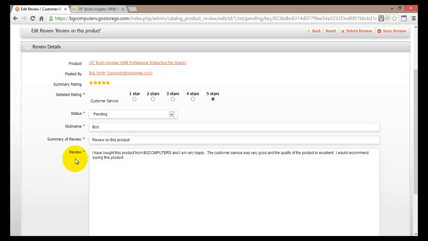So once again we can see here that the current status is actually pending, and we can go approve. So once we hit approve, all of our customers, when they go to this page, will see the review that Bob has made. If we just hit not approved, this will not show on our page. So like I said, we can just change the status here. We can approve it, or we can not approve it. But if we go back, and to do so we'll hit this back button here,